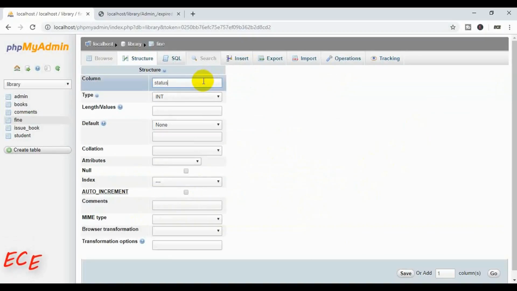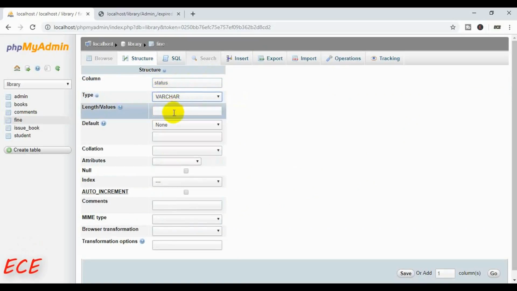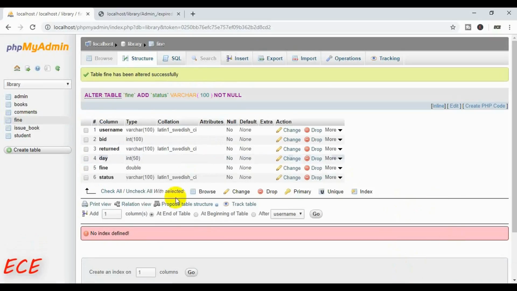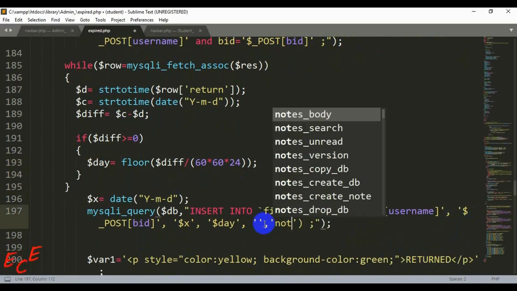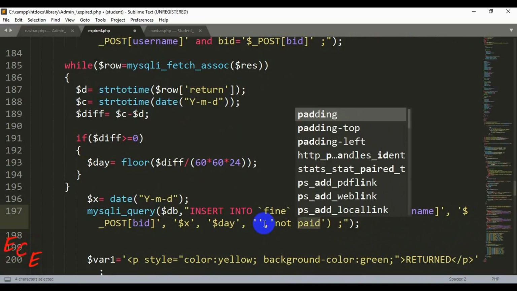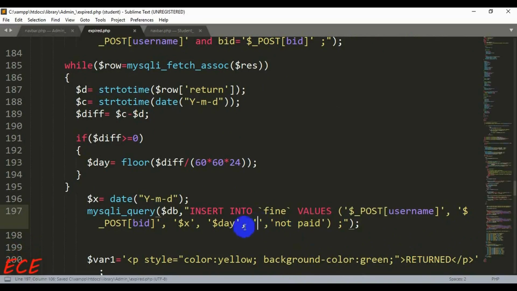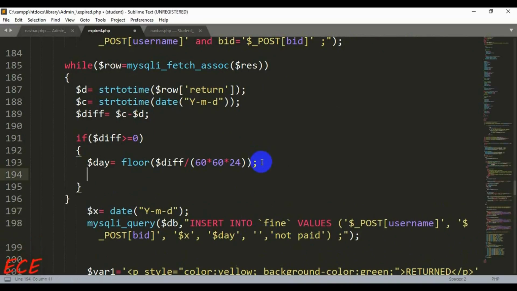Okay, we will add another column here in our fine table, that is the status, whether the person has paid the fine or not. So character type, it will be the status, and we need to insert another value here for this. At the end, we just created the column after everything. So here, not paid will be automatically added, and if they pay, the admin needs to manually change this after a certain time, or after the person has returned, the bank will give feedback so that the admin